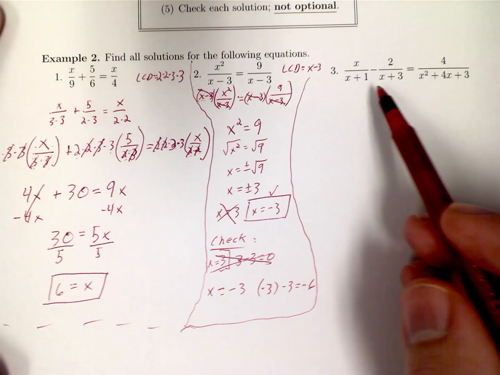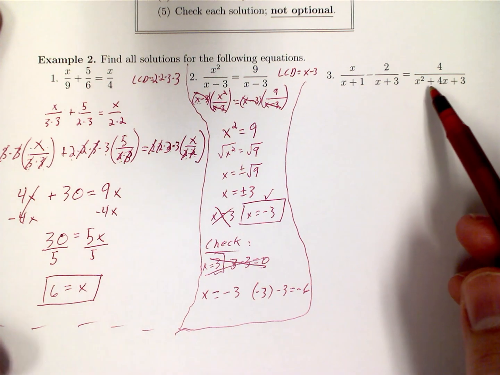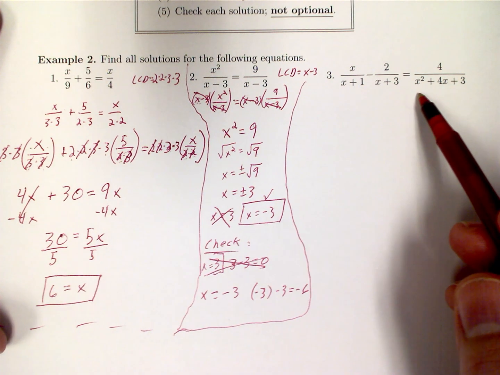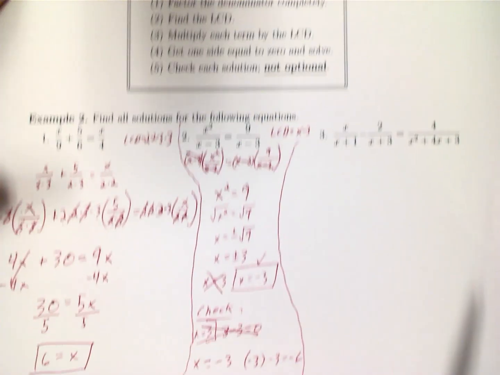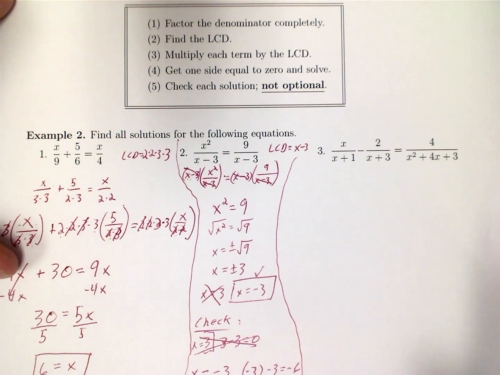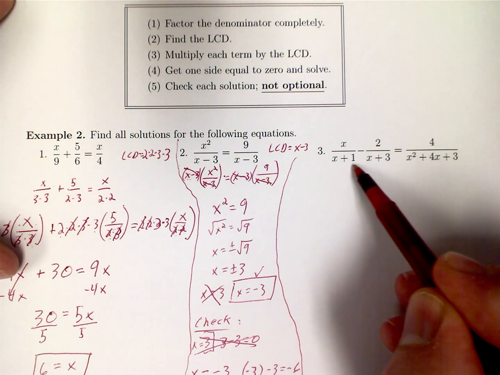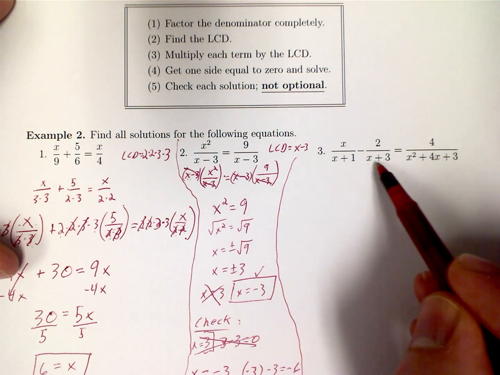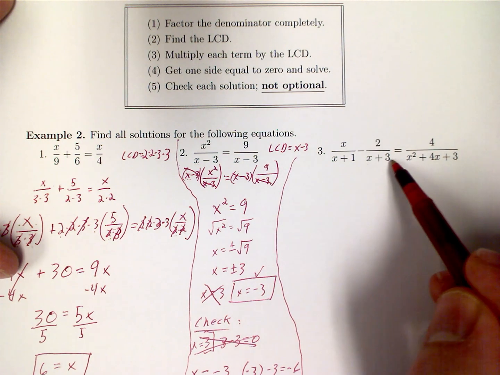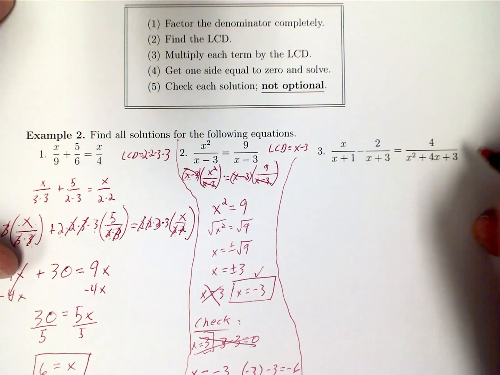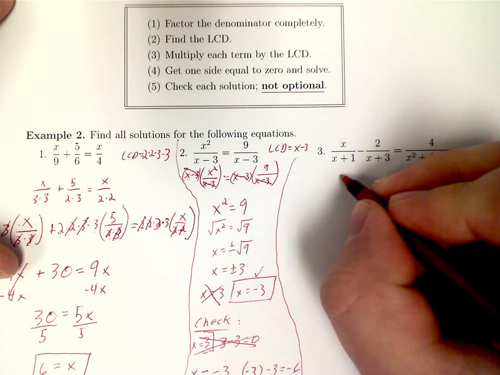So what about something like this? Well, this one's more complicated. All right, so let's try to tackle it. So first, we go through the steps, factor the denominator completely. We can't factor x plus 1. We just saw we can't factor x minus 3, so we shouldn't be able to factor x plus 3. But we can factor